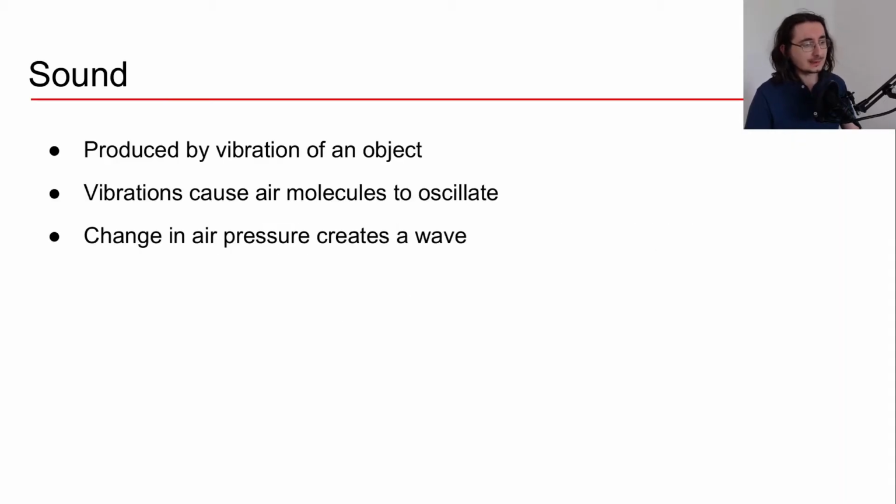Okay, so let's get started with the basic idea here. What is sound? Well, sound is produced by vibrating objects. These objects vibrate and these vibrations cause our air molecules to oscillate and to bump into each other. By bumping into each other, these air molecules change the state of the air pressure in the local region where they are acting. And so they create in this process a wave.